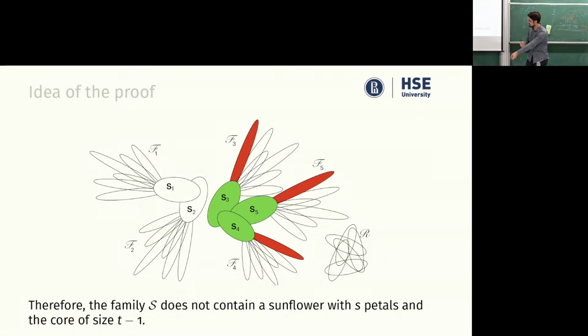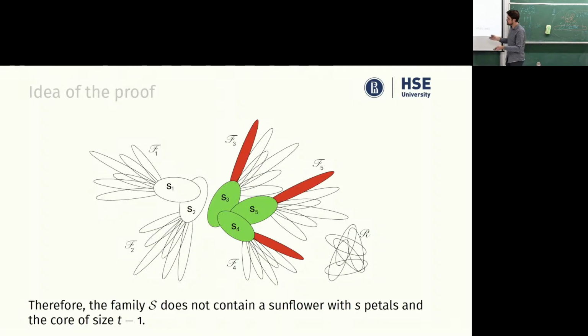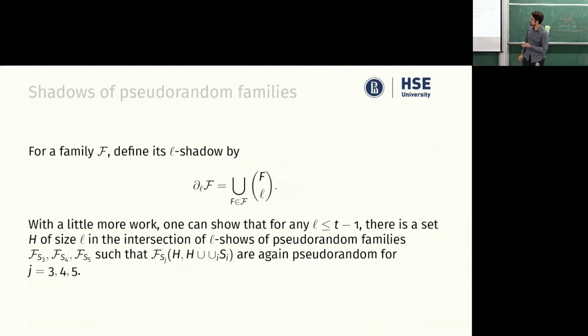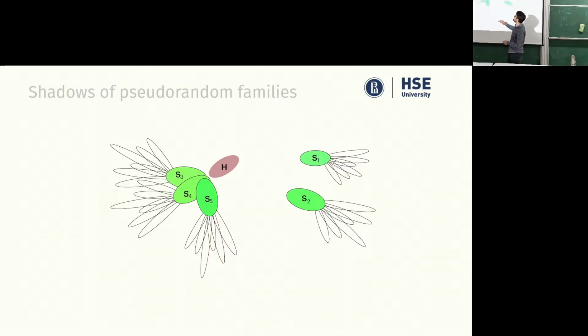Okay, and it works, but if you would like to prove something more, like in this case, for example, you wish to prove that S calligraphic doesn't contain a sunflower with the core of size at most T-1, while the whole family doesn't contain a sunflower with the core of size exactly T-1. Then you could use some other properties of homogeneous families in general, but it can also be applied to